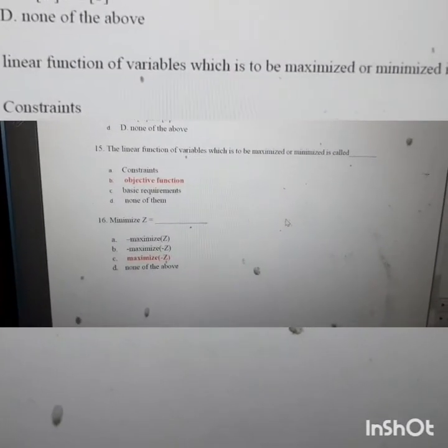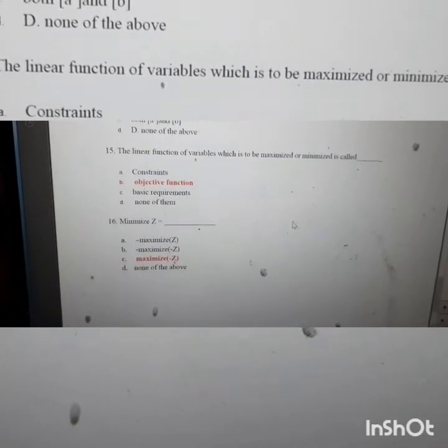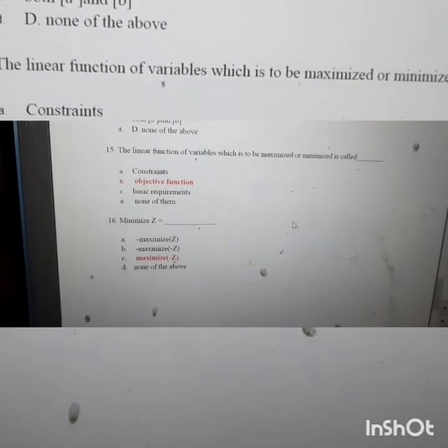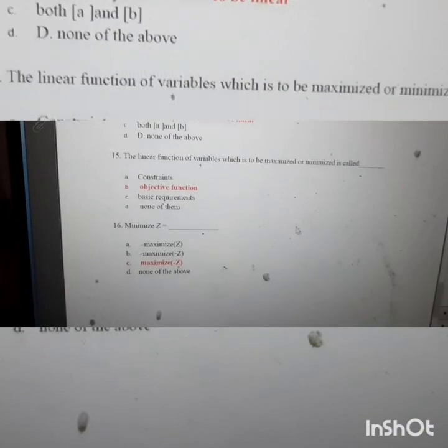In this MCQ set, I haven't given you questions related to the difference between PERT and CPM. So you should read those topics also. You may get questions from that topic too.